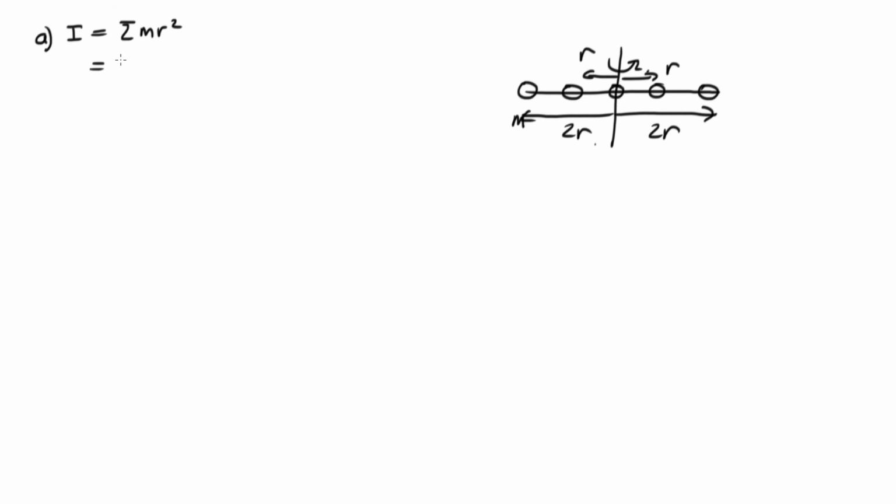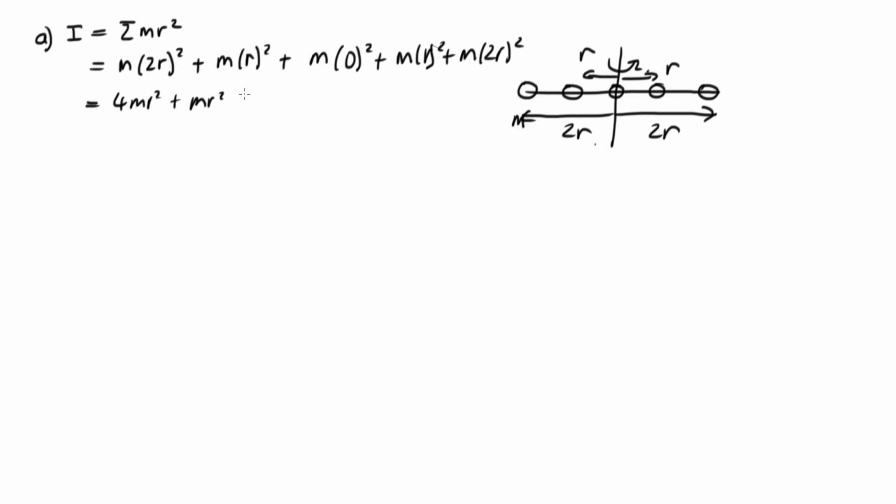So this first mass is m times its distance 2r squared. The second mass is m times r squared. Plus this next mass, which is 0 distance from the pivot point because it's on the pivot point, so this is m times 0 squared. Plus this one, which is m times r squared, plus this one, which is m times 2r squared. So this is equal to 4mr squared plus mr squared plus 0 plus mr squared plus 4mr squared. So we've got 4 plus 1 plus 1 plus 4, which gives us 10mr squared as our moment of inertia